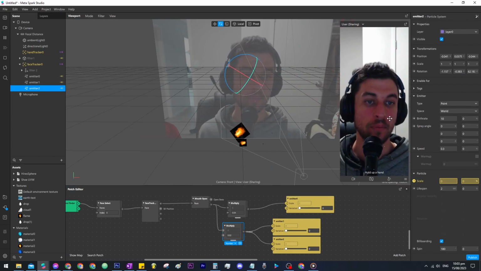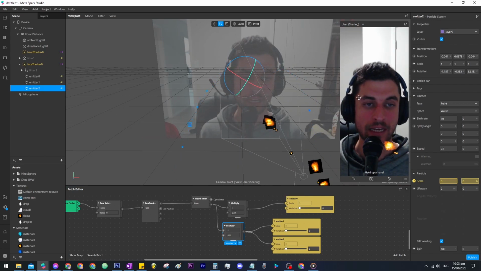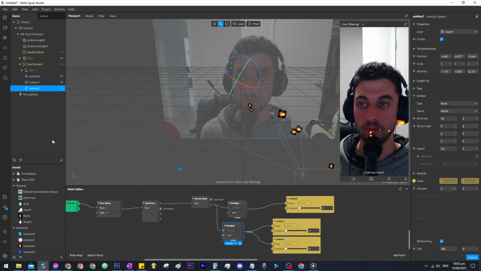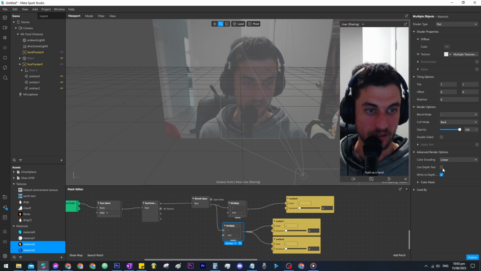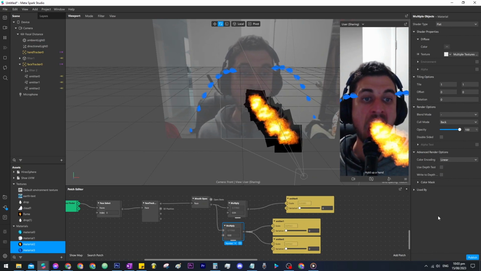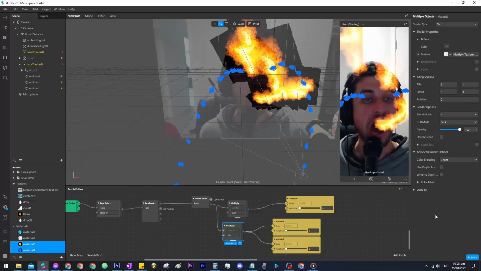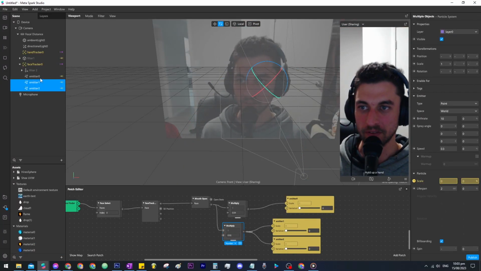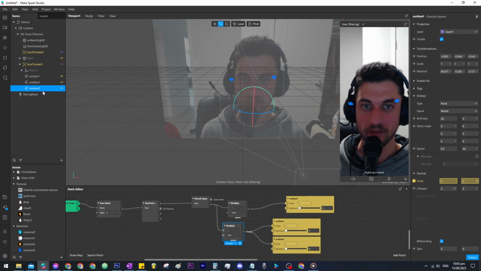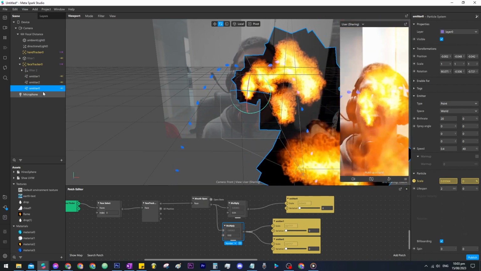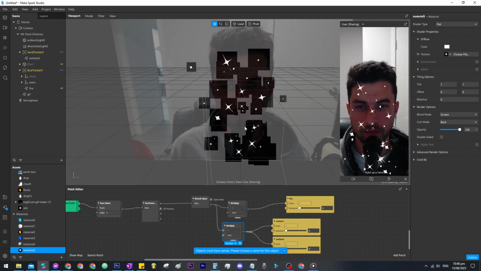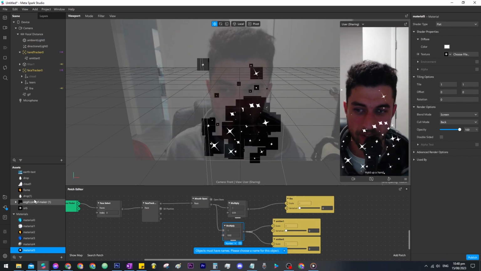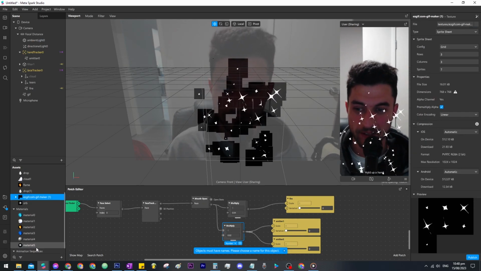So what's happening at the moment is the images of the fire are blocking the other ones. So what you want to do, select these bottom 2 materials and change these advanced render options. And then move the fire one to the bottom here. And voila. Here's an example as well of a particle system that uses a sprite sheet GIF and animation sequence